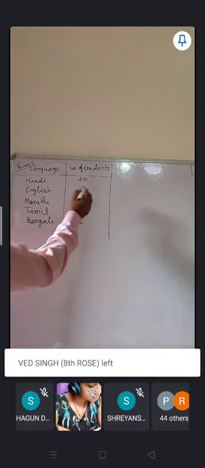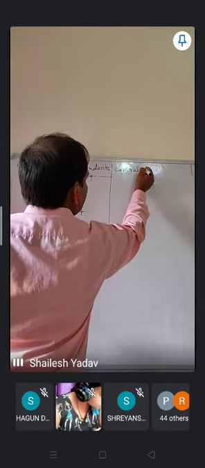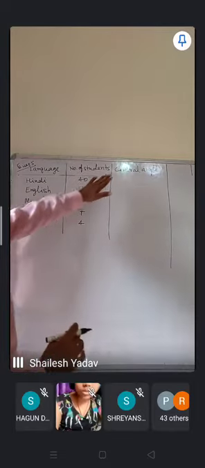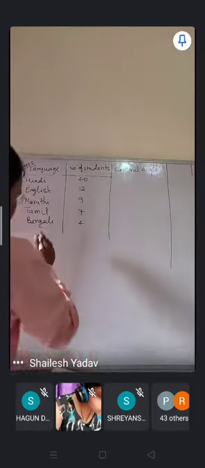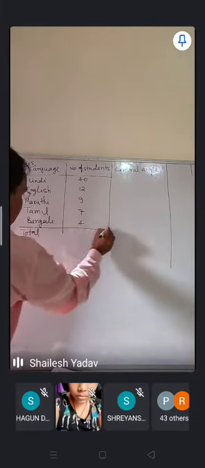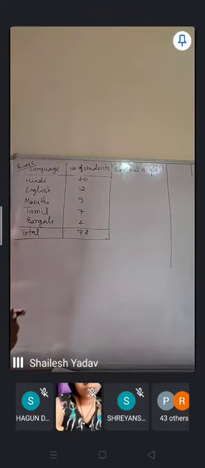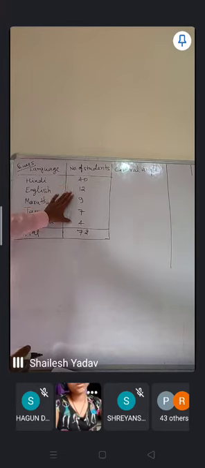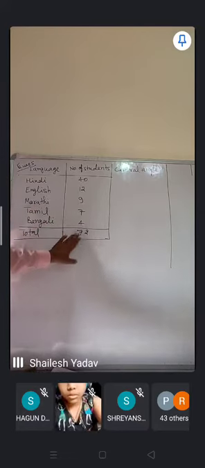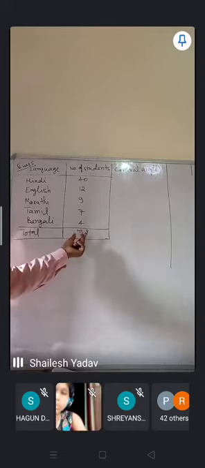So I have written that, and next I will find the central angle. Whatever value you use in the pie chart, you will use that central angle. Here the total number of students is also given, and I am going to write it: the total is 72. Whatever the table is, it is given for the 72 students. If you add all these languages, the number of students is 72. That is the total value of the component.